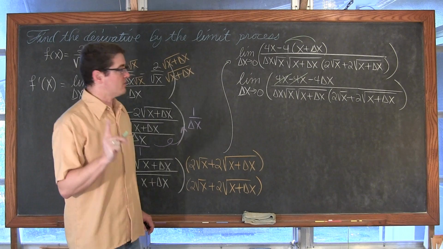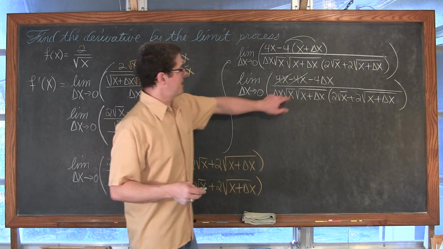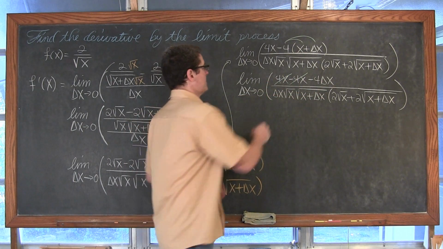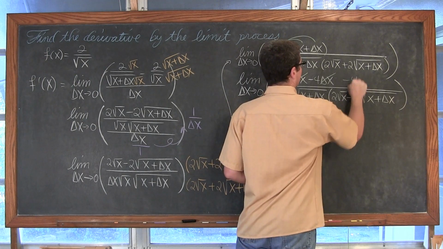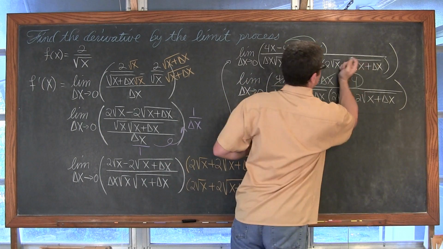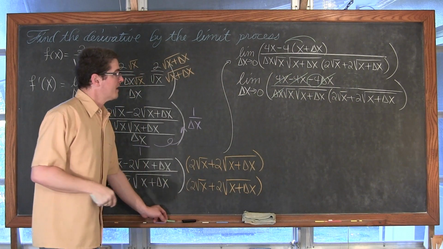And now that we have only one term in the numerator, negative 4 delta x, and that delta x now is a factor, not just part of a term, we can cancel out this delta x from the negative 4, leaving negative 4 as my numerator right there. That looks kind of confusing. It looks like it might be negative 8. So let's just circle that lone remaining negative 4.